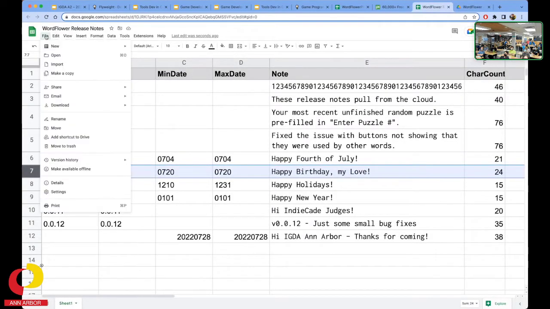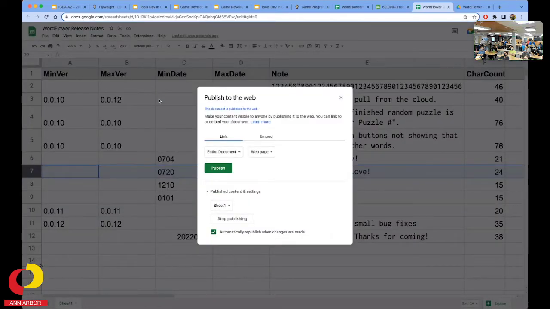But these are super easy to pull in. All you have to do is go in and do share. They keep moving this. Publish to web. You choose entire document. I have sheet 1 publishing. You say comma separated or tab separated values. And then over here in the actual code,